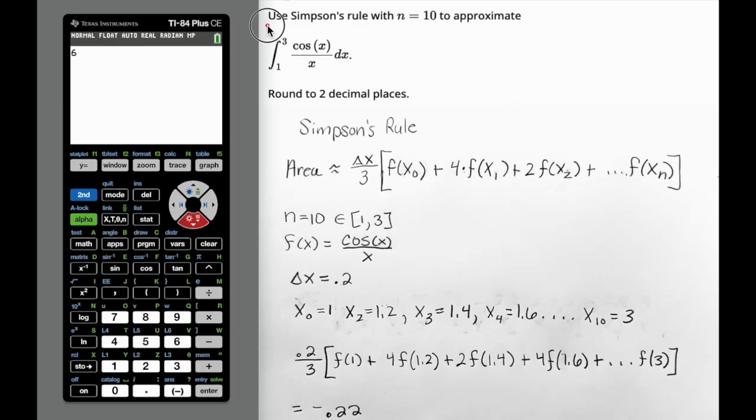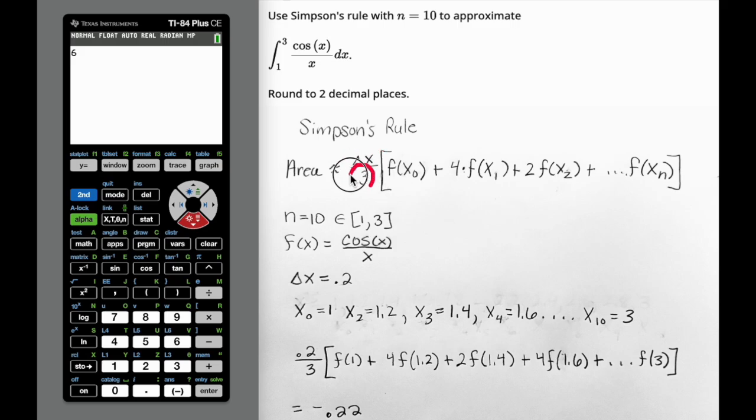In this example, we are going to approximate the area under the curve of cosine x over x using Simpson's rule. We're going to do 10 rectangles to approximate this, and we're going to do this over the interval from 1 to 3. So Simpson's rule says you want to find the approximate area by taking the width of each